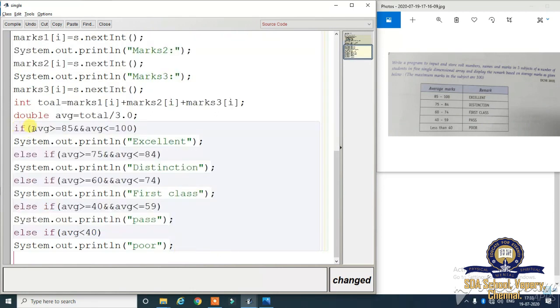See here, the first if statement: average is greater than or equal to 85 and average is less than or equal to 100 means excellent. Both conditions should be true. Likewise, above 75 and below 84 means distinction, above 60 and below 74 first class, above 40 and below 59 pass, below 40 poor.